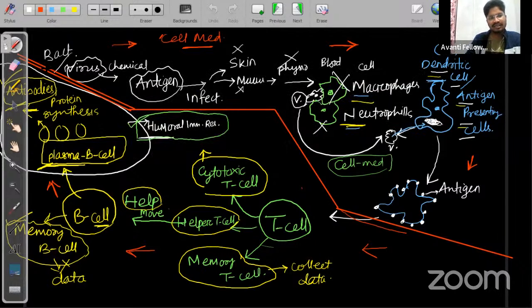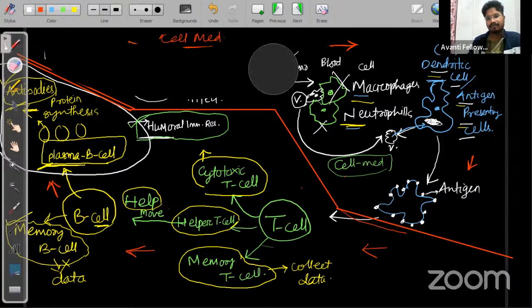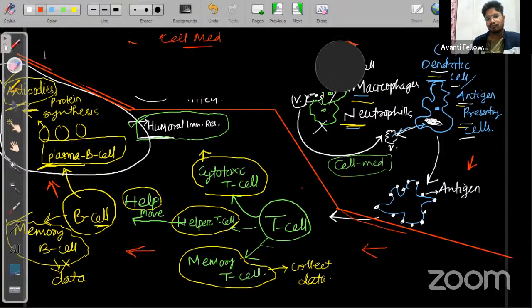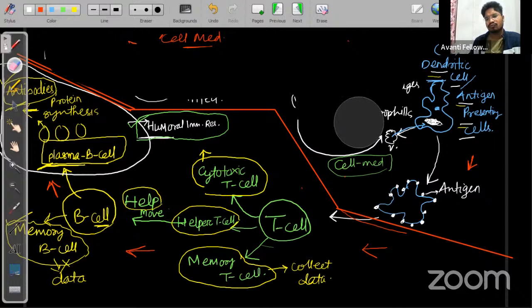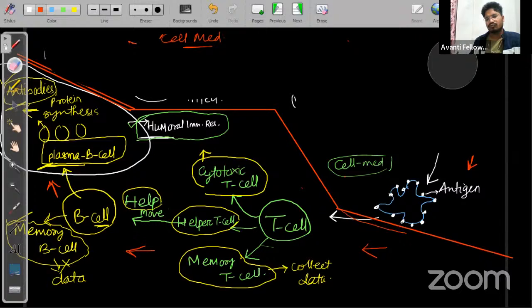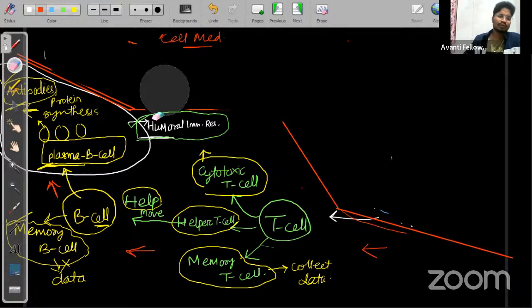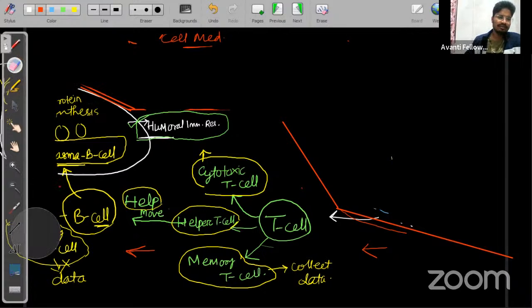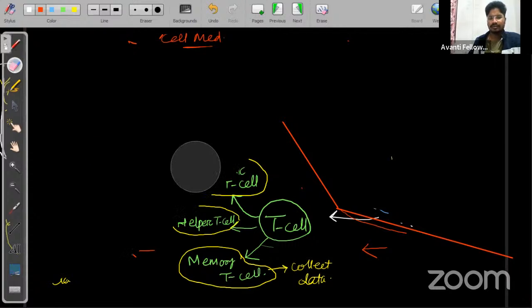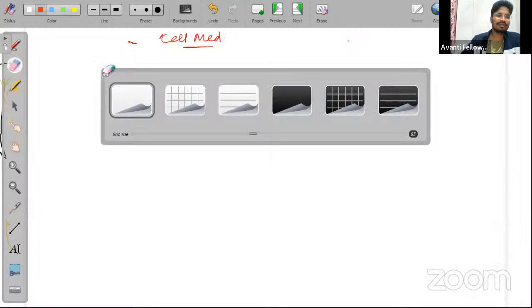So ये देखो, ये रेड कलर वाला जो लाइन मैंने बना दिया है ना, ये ऊपर का सेल मेडिएटेड इम्यून रेस्पॉन्स को दिखाता है, नीचे का ह्यूमरल मेडिएटेड इम्यून रेस्पॉन्स। ठीक है, चलो इसको इरेज करके एक एक करके देखते हैं क्या क्या हमको देखना है। और इसको मैं ऐसे हटा देता हूँ, पूरा इरेज कर देता हूँ इसको। I'm erasing this one completely, फिर हम लोग बात करते हैं व्हाइट बैकग्राउंड लेकर के।